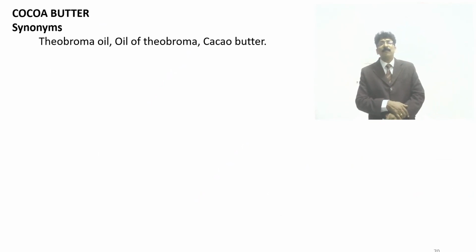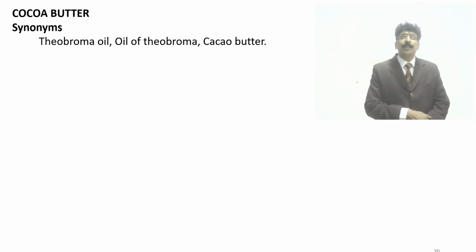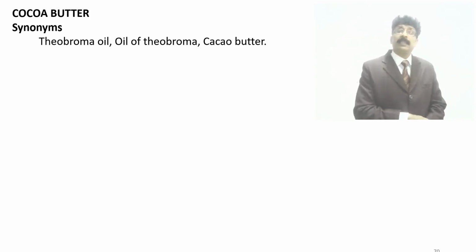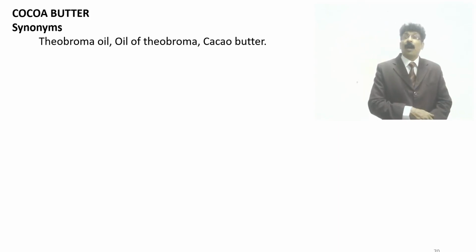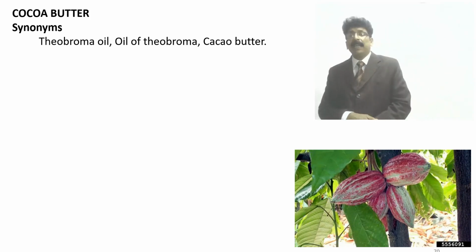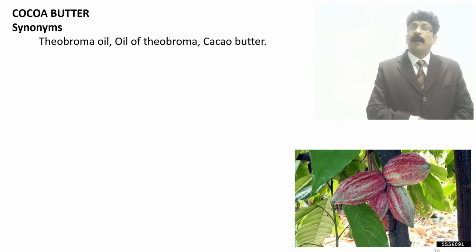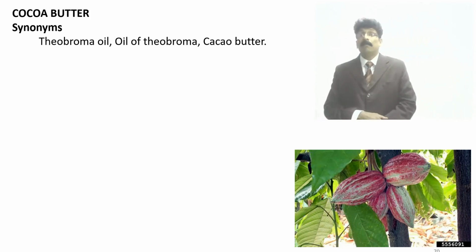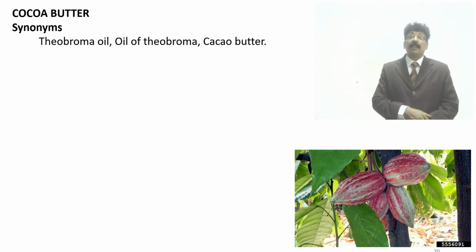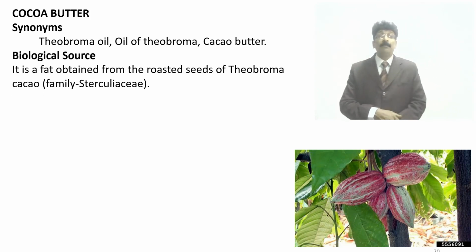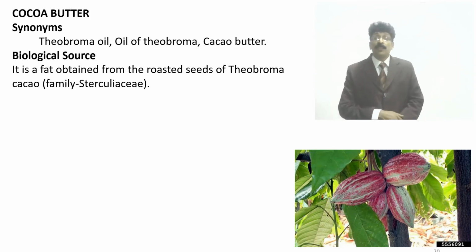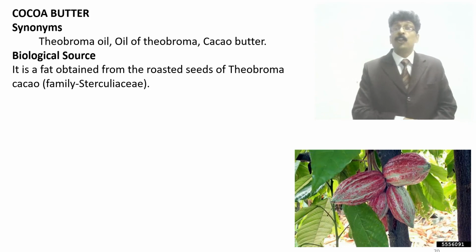Now we come to the cocoa butter. Synonyms: theobroma oil, oil of theobroma, cocoa butter. These all are synonyms for cocoa butter. The cocoa plant we can most commonly see in the hilly areas of Kerala, and also in the high range of Tamil Nadu and most places in Karnataka. Biological source: it is the fat obtained from the roasted seeds of cocoa, that is Theobroma cacao, family